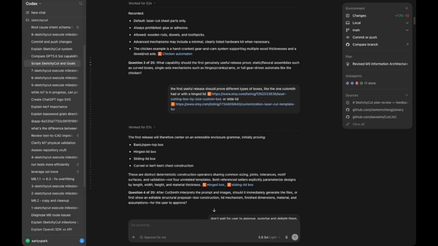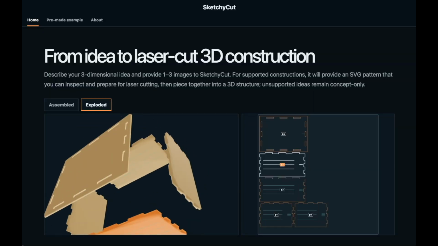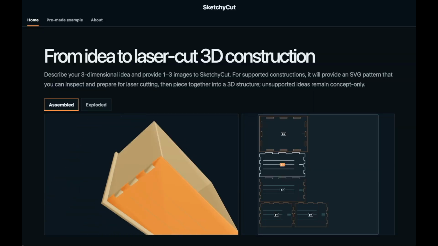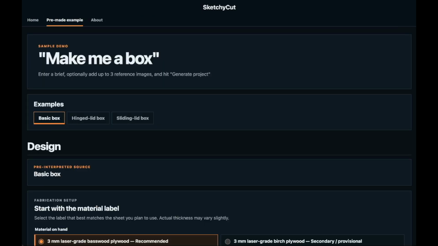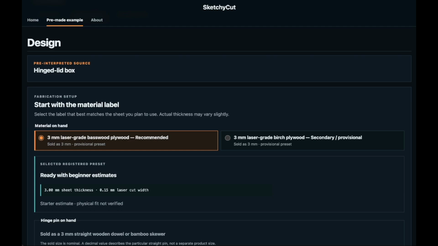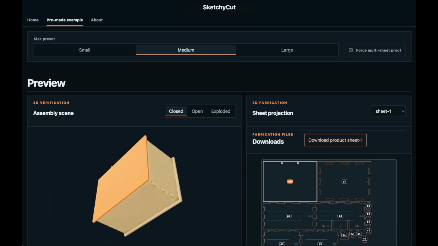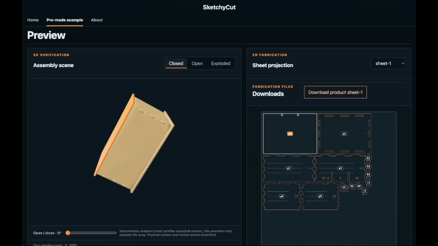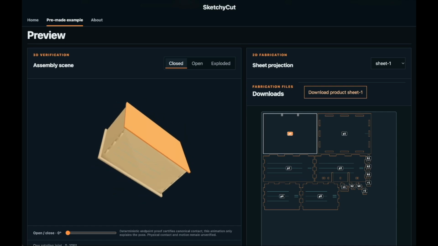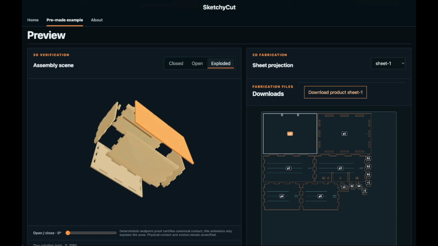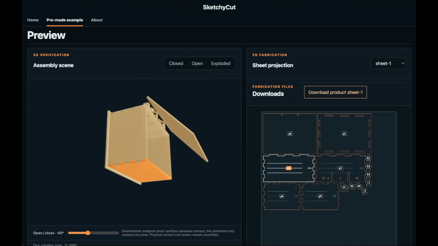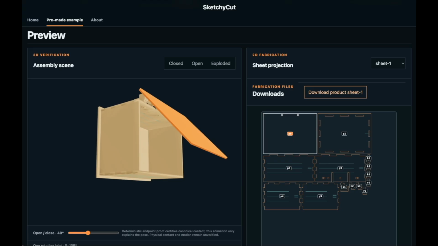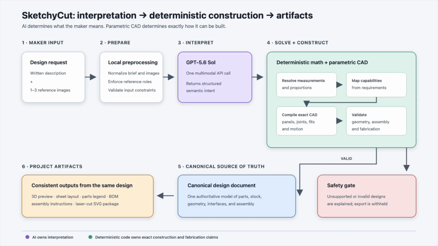I used Codex throughout the entire project, from planning to design to execution. For the brainstorming and planning phase, I used GPT 5.6 Soul Ultra. I needed Soul to understand the user's description of an object, but I also needed a deterministic system to turn the idea into math, so that in the physical space, the construction was sound. Soul is exceptionally good at translating word problems into equations, finding mistakes in mathematical reasoning, and visual reasoning. I leveraged those features to build out a hybrid architecture that pairs semantic interpretation with a deterministic parametric CAD and